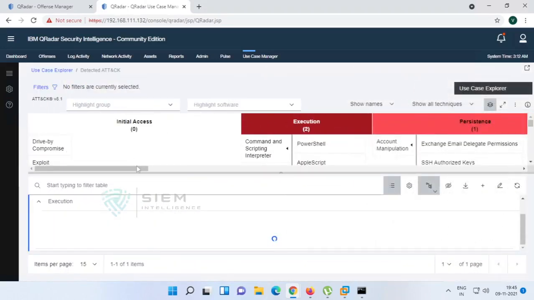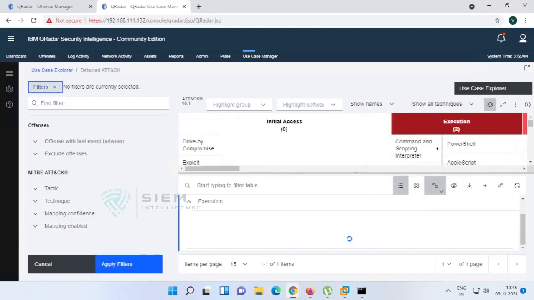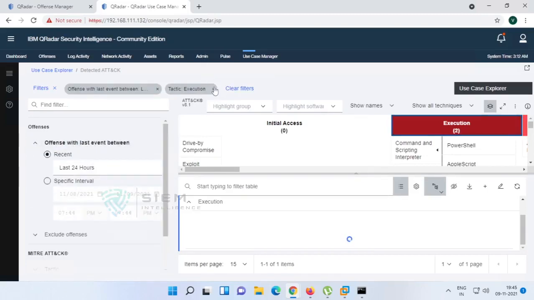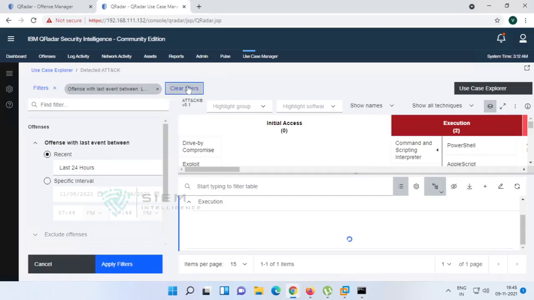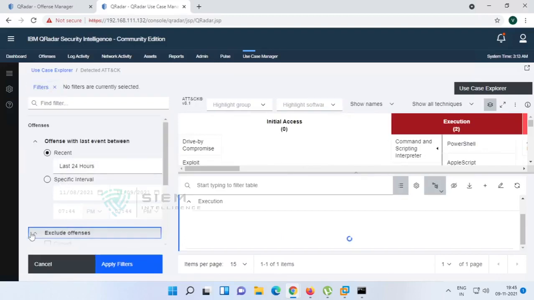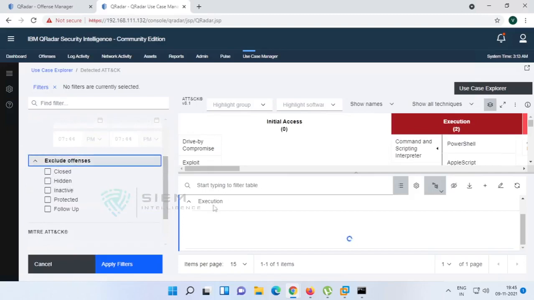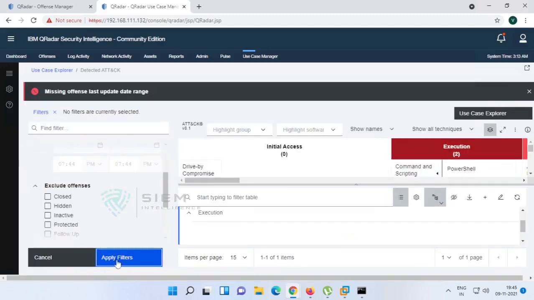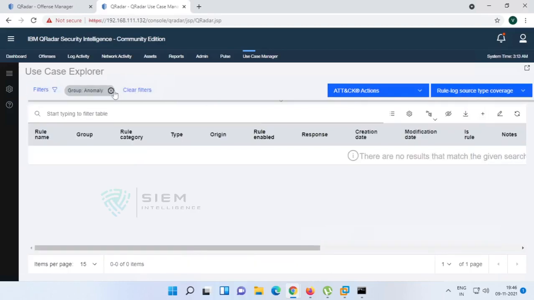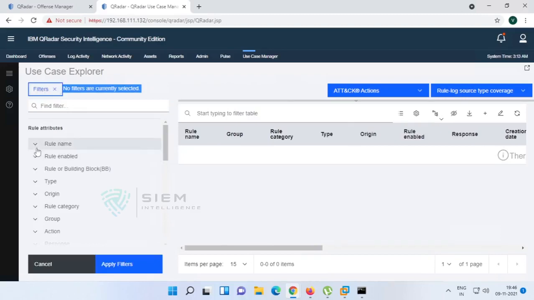So if you are finding anything in the filter, suppose missing out the date. Rule name.